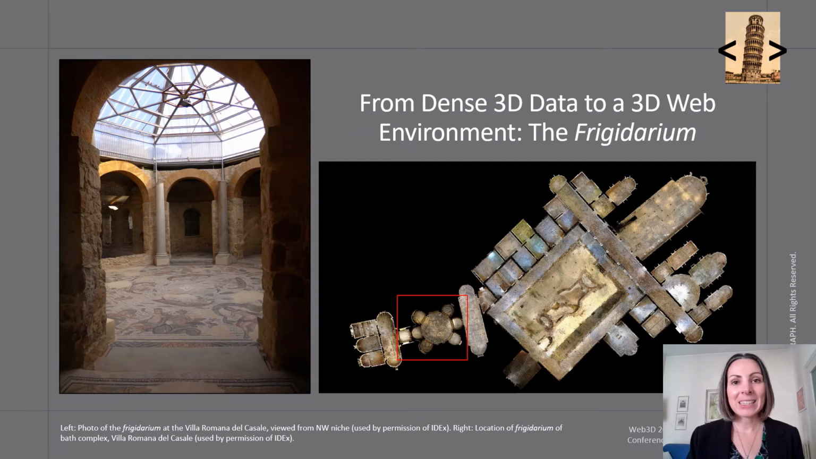To meet the data challenge, VILLAE limited the scope of the initial prototype to the octagonal frigidarium and flanking niches of the bath complex located on the western side of the villa plan, as you can see indicated here on this slide. The frigidarium is roughly 8.5 meters across, with 6 flanking niches on the east and west sides, and 2 bathing pools located on the north